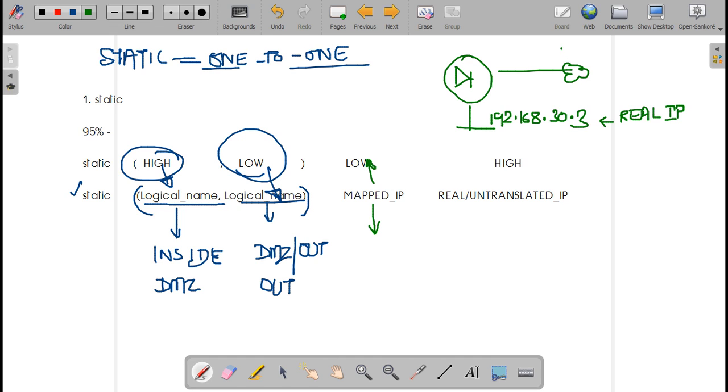This is internet with IP address 192. With this IP, can you go to internet? With this private IP, can you go to internet? No. So what do you need to do? You need a translation.